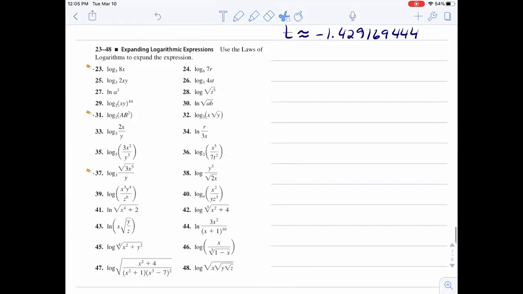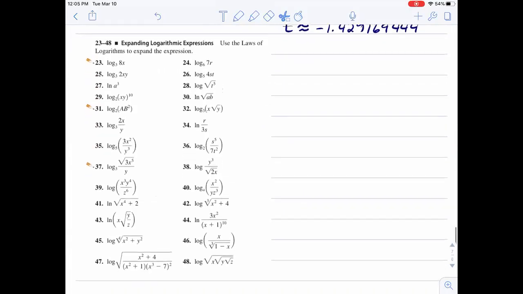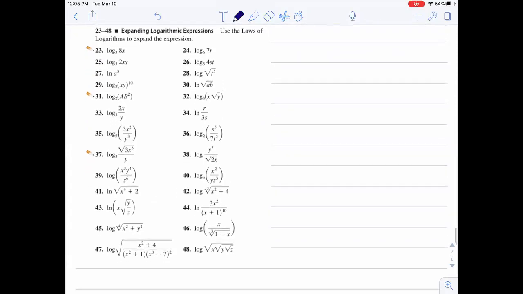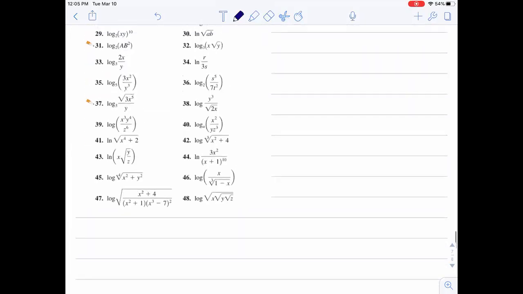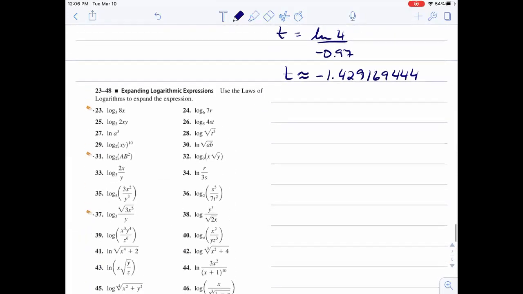I think we just did, but let's see. Let's go for some of these heavy hitters. Maybe let's do 46 and 48. How about that? So if I do 46, and if I want to expand this,